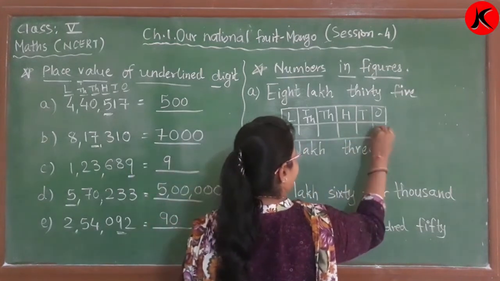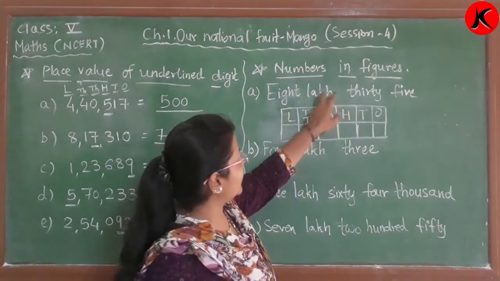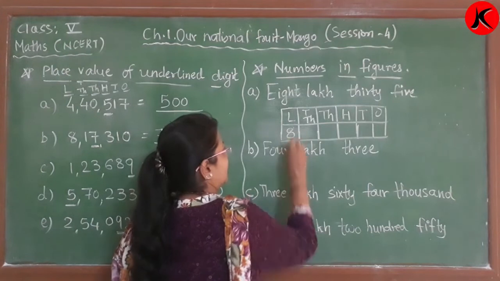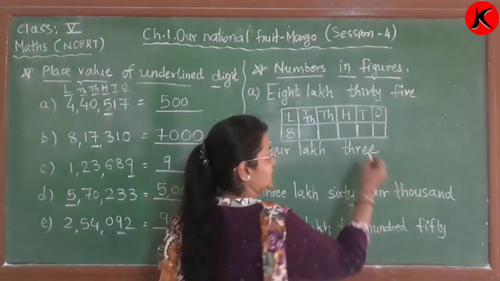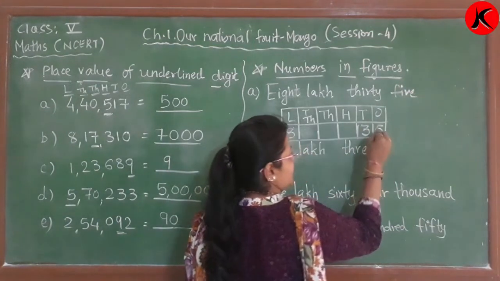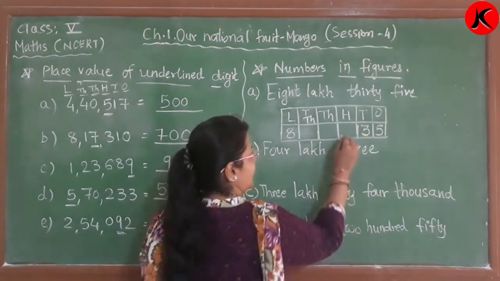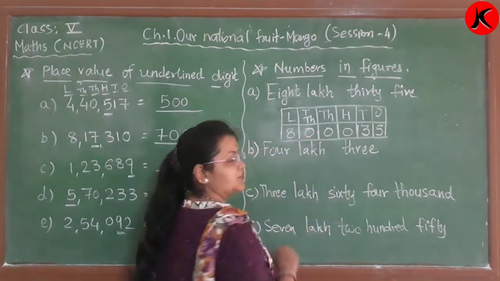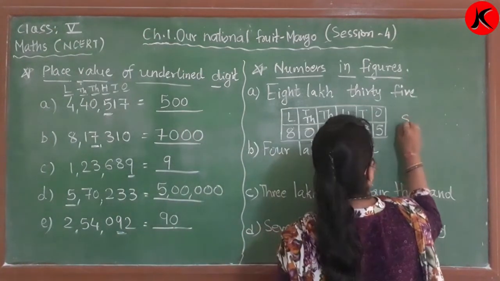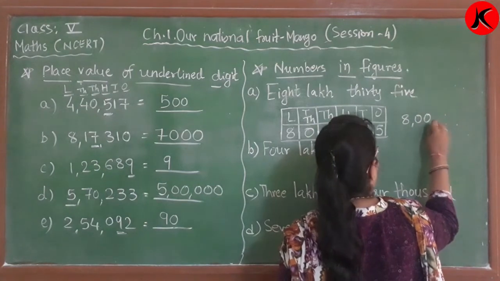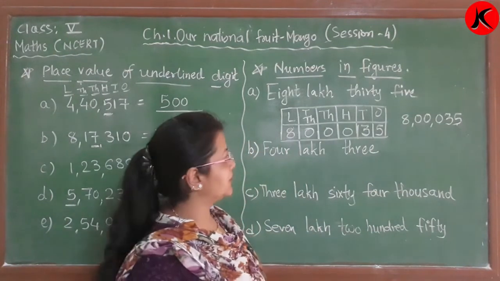We draw the place value table. It is very easy to write the number now. See, 8 lakh, right? On lakhs place, which number is there? 8. 8 lakh 35. The last number is 35, so we write 35 here on tens and ones place. Whichever place is blank, what do we have to add there? 0. We have to write 0 in whichever space is blank. So what is the number? 8 lakh 35.